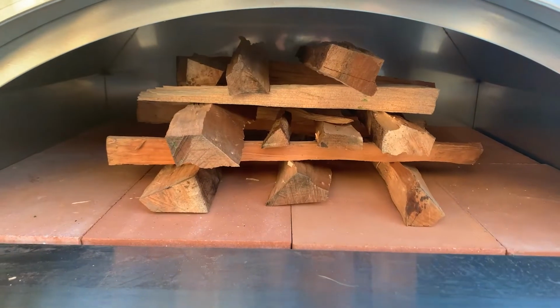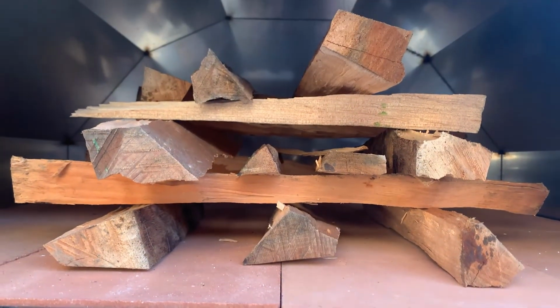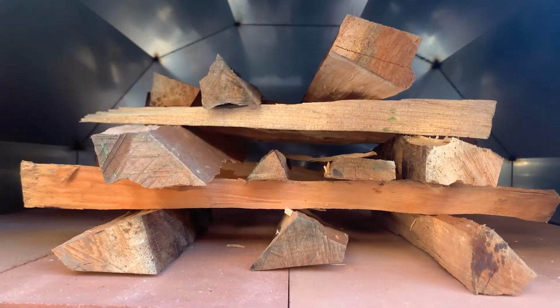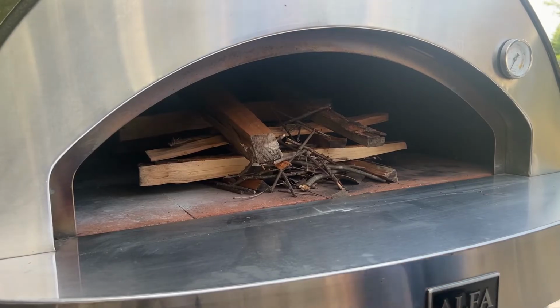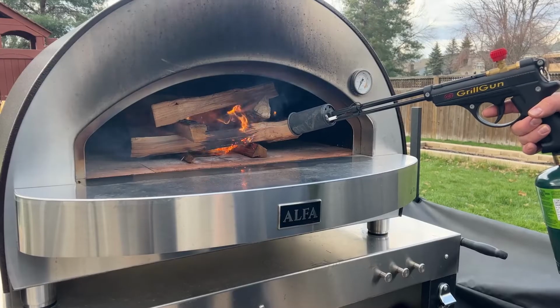I like to use the log cabin method to light my fires. I start by laying 2 wood splits about the size of my forearm directly on the bricks in the center of the oven. I'll lay 2 more splits the opposite direction of the first 2, creating a log cabin like I used to out of Lincoln logs when I was a kid. 3 to 4 layers is about as high as I go,